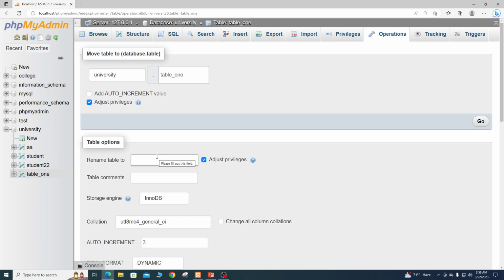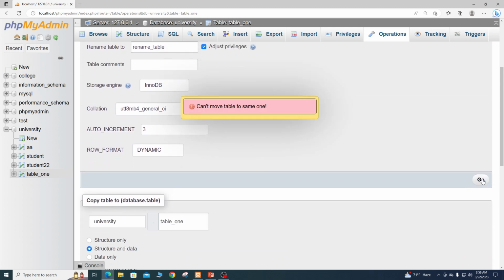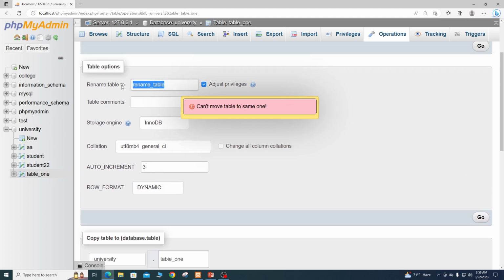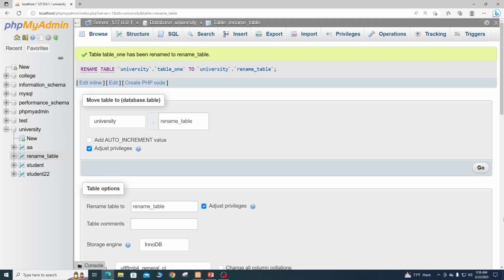So I want to give the name, just rename table, and then go. Here you change the name of the table, rename the table here and go. You can see the name of the table changed again. So this is